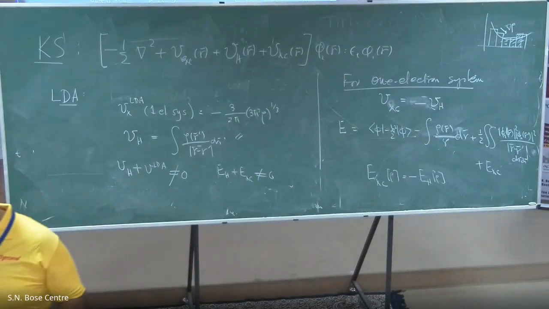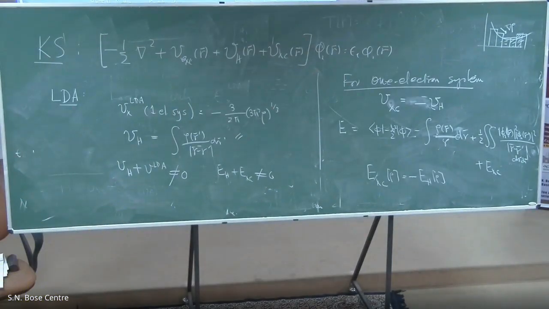If you look deep into it, what it is doing is saying that in LDA, if you make an approximation, you're allowing an electron to interact with itself. Right? That cannot happen. There's something wrong. So this is known as the residual